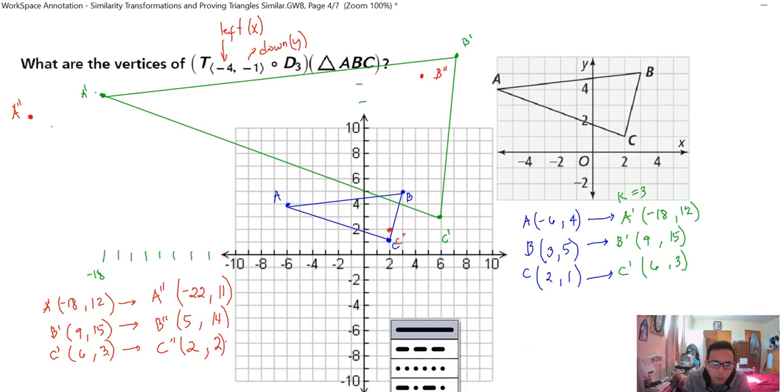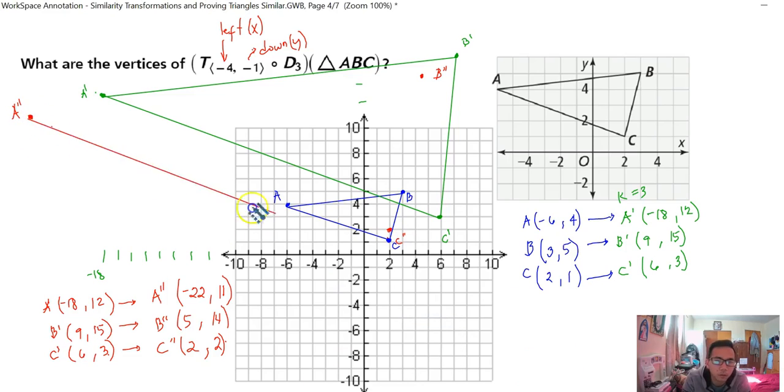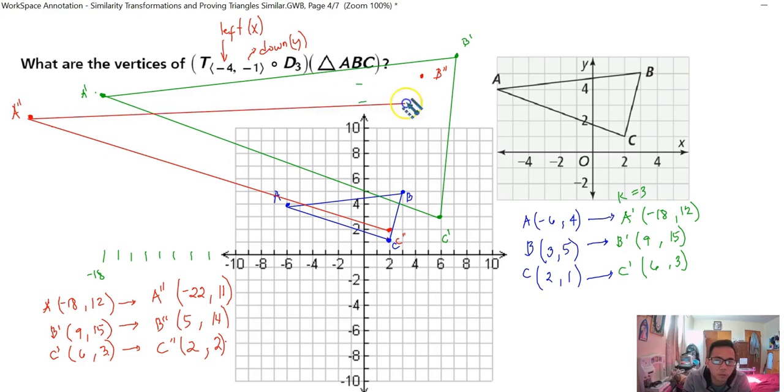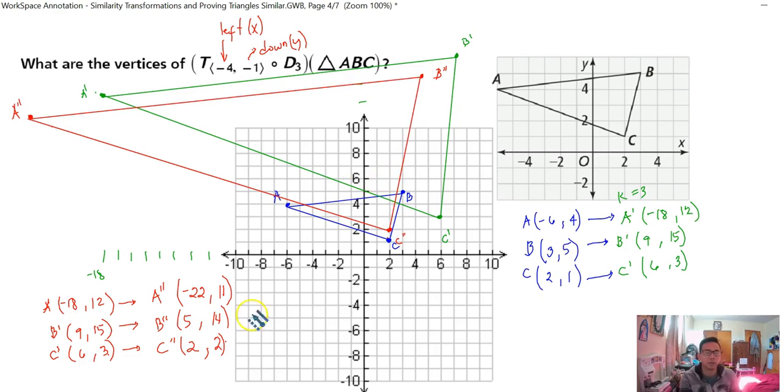At least I saw that. There you go. So connect those points here. So your image now will be the red one, the double prime. So after the rigid motion and the dilation that we have. All right, so to answer the question, what are the vertices after